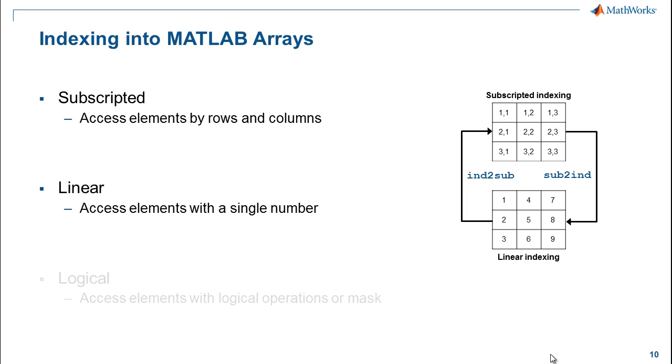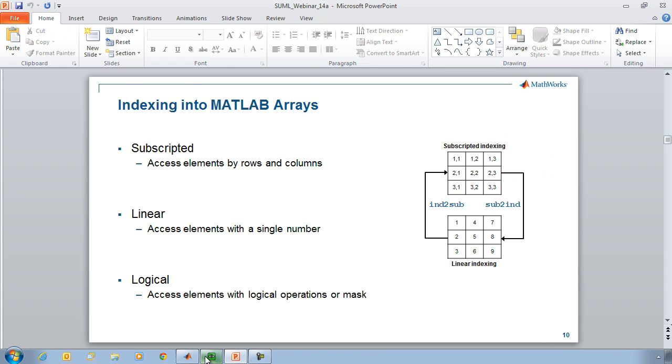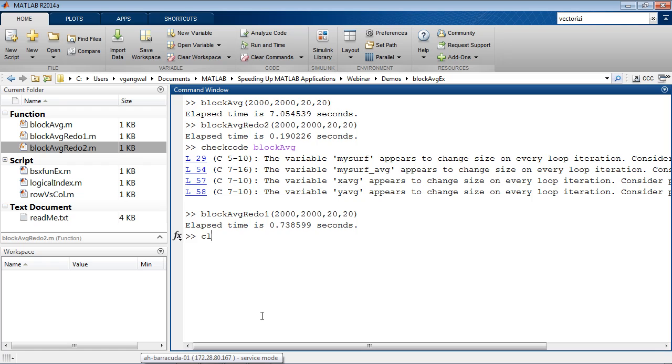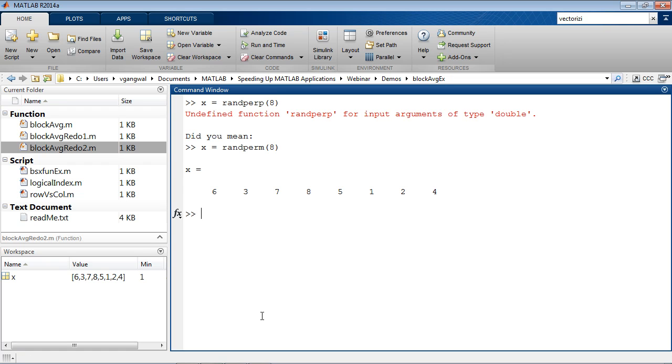A third type of indexing is called logical indexing, where you can use a logical mask to index into a matrix. Let me illustrate what I mean by logical mask. So if I clear out everything from the screen, let me create a